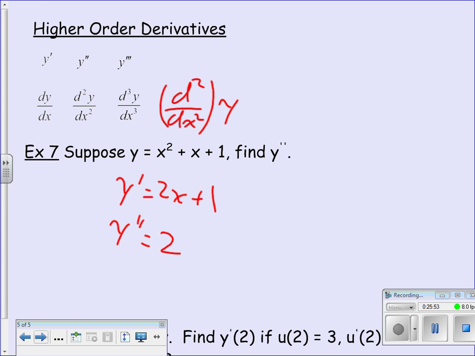So y double prime, that's the derivative of the derivative. Yeah, second derivative. That's a very good question. If I have a function that describes where something is,